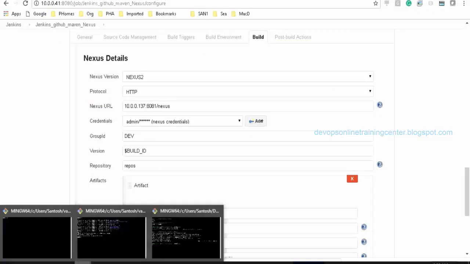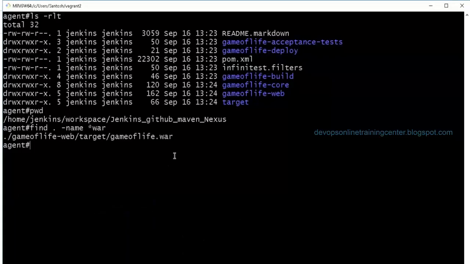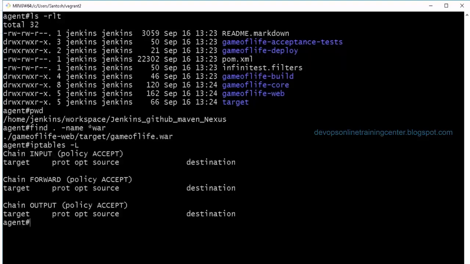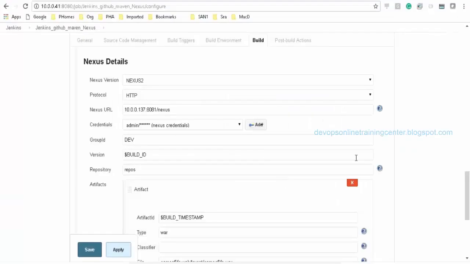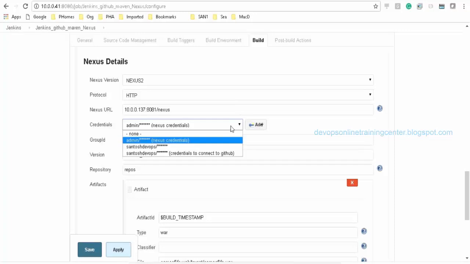Let us see if it is a permission issue or something. Build ID is fine. Anything wrong with the credentials? Let me see if credentials are proper.